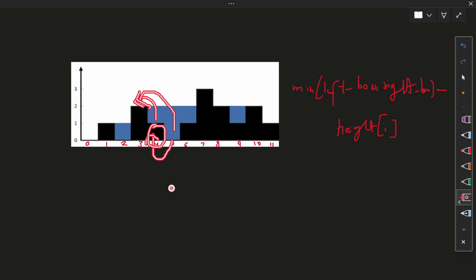Why not this value? Because if we pick this value, then we need to find the minimum value between this and this. So that's why we need to consider this value and this value. So for left we're gonna pick this, not this. So we're gonna pick the maximum of left value. For this the maximum of left value. For this the maximum of left value, if we don't have any value, so now every value will be this. For this the value will be this. For this the value is not this, not this, the value is this. So now let's take a stack